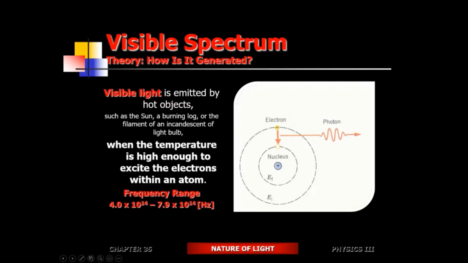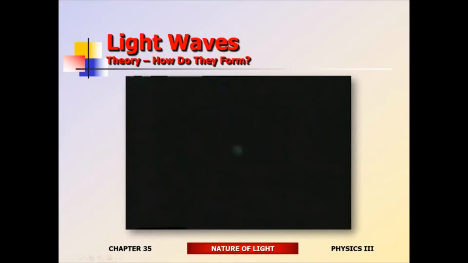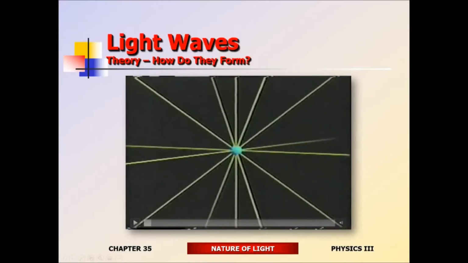So they would be just jumping around inside the atoms. By that motion, every time they make a transition from a higher energy state to a lower energy state, every time there's a jump inward, light is being generated. The electron becomes excited, becomes energized, jumps up, and stays there for a fraction of a second. Upon jumping down, it releases that energy, so that energy gets released in the form of light. That's the only thing you need to remember until we get into modern physics. All right, so that's the modern physics explanation.